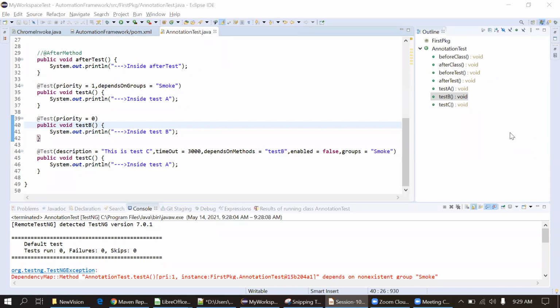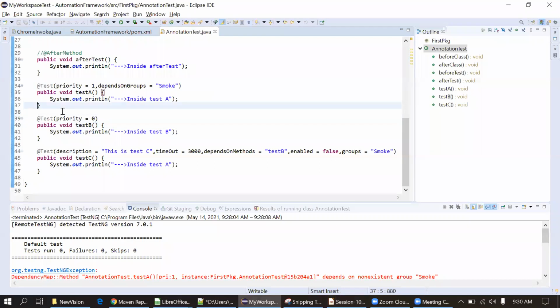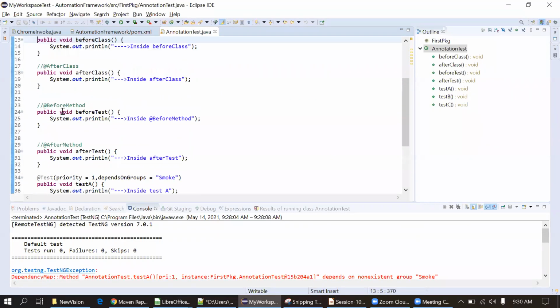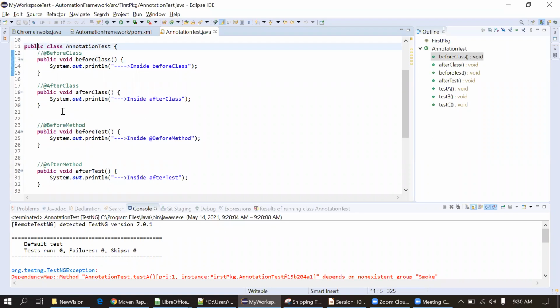Can you please explain BeforeSuite and AfterTest? BeforeSuite and BeforeTest. Okay, I will explain this properly when I create the testng.xml file. In this case, because I'm writing everything in the same class, you will get confused. It should be in separate classes, then it will be clearer for you, Nagendra. This is only for learning purposes. I'm showing everything in the same class, so don't get confused between these. Just remember the sequence. That's enough for you now.